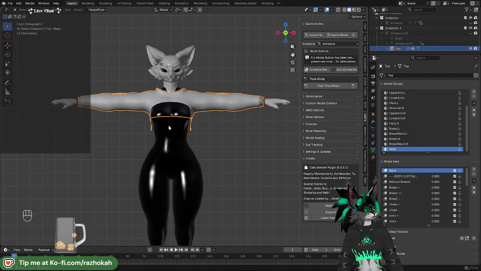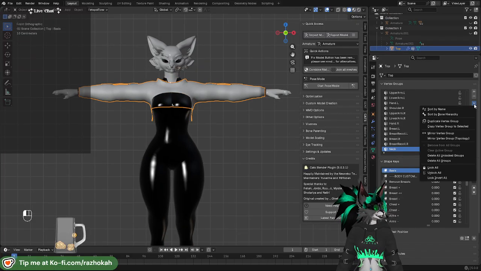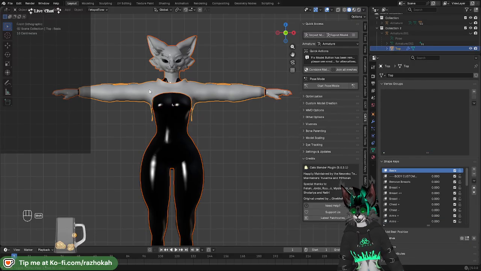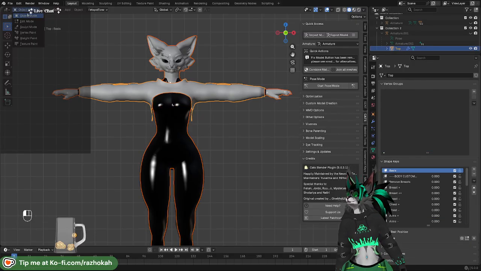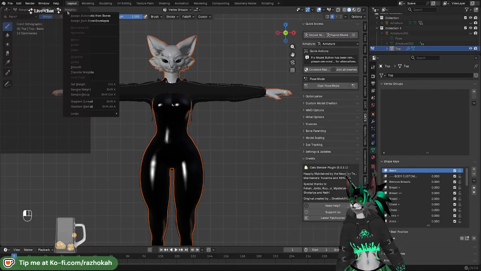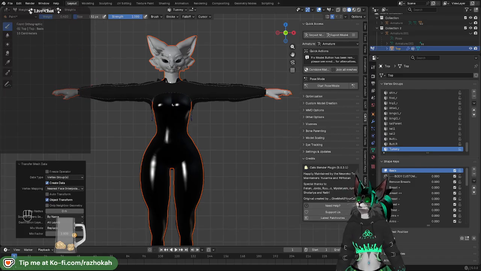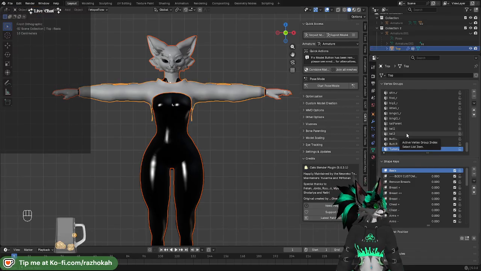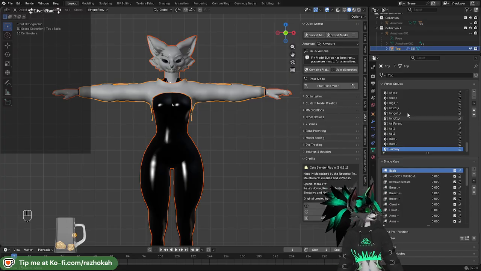So, again, click on that, delete the old groups. On the body, shift-click on the outfit, weight paint, transfer. All done. A lot of times too, I should mention that when you're doing this stuff right here,